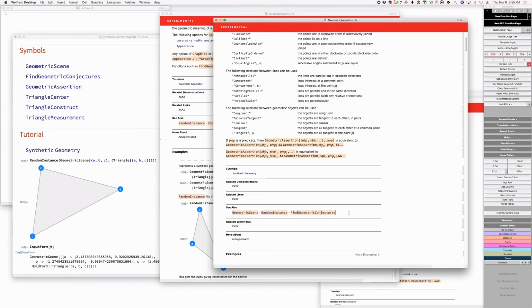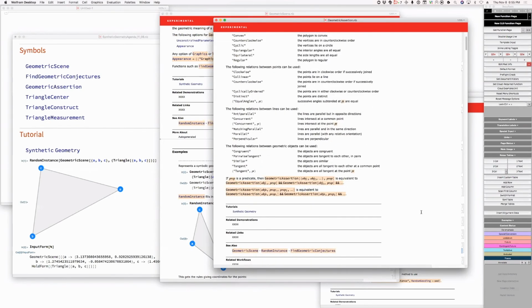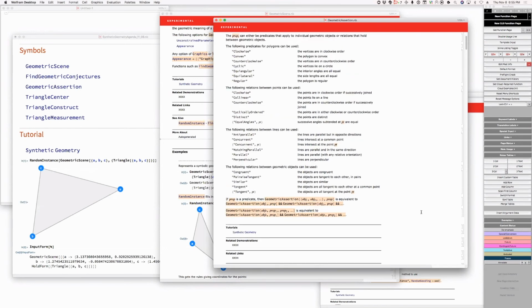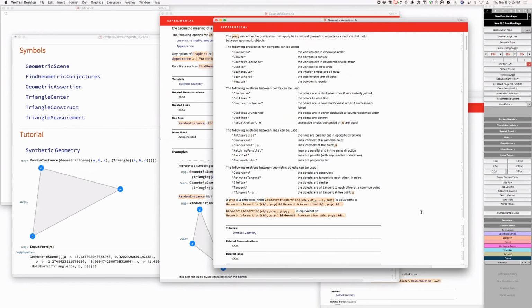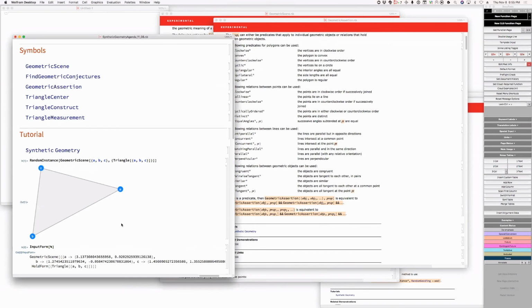Aren't there a lot of other assertions here? Aren't there a lot of other Q functions that we want to say are here? I mean, like region member. What's that? We do support region member, but we could add a bunch of Q functions. I'm not suggesting they're supported in geometric scene. Right, that's not the claim here. The claim here is, how do you tell? So if I say geometric assertion,